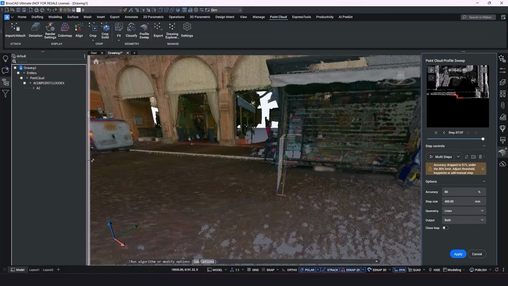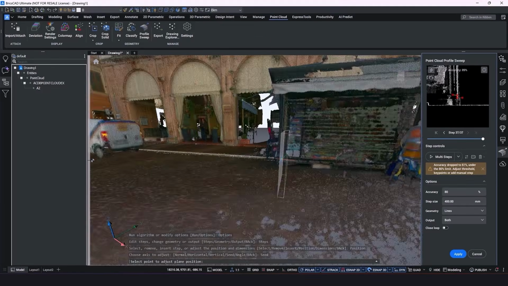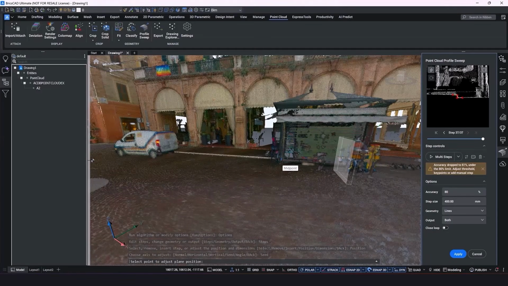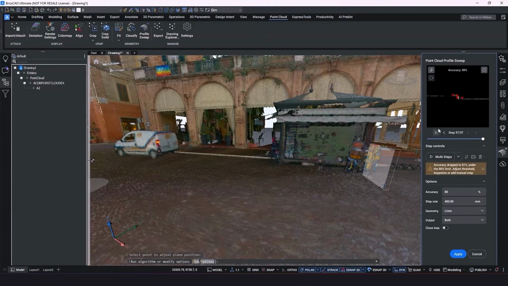So how do we skip the kiosk? This is where we grab this little center ball and we can just move it to the other side of the kiosk. Let's see. Oh, no, that's a person. There we go. But we can also change our key points. There we go. Let's try it again.